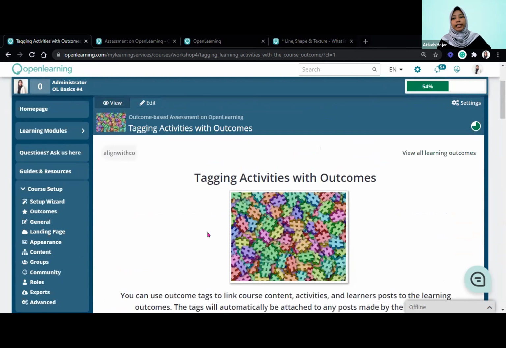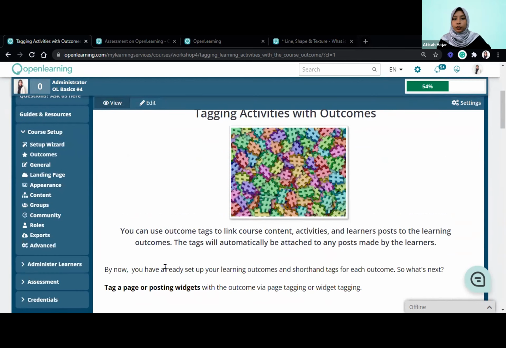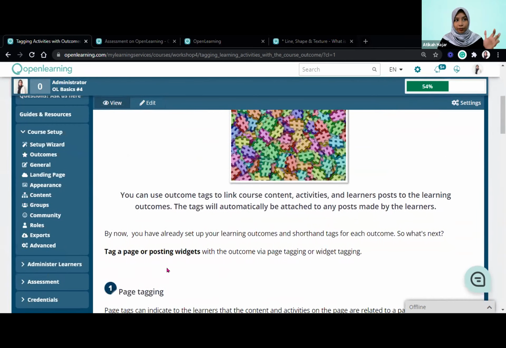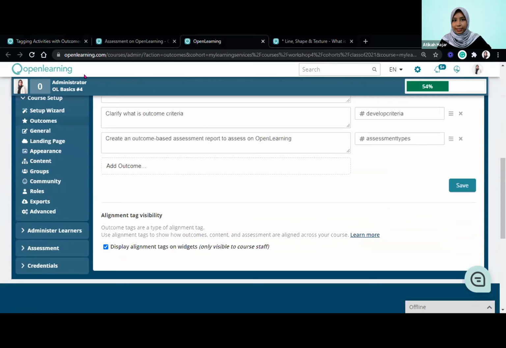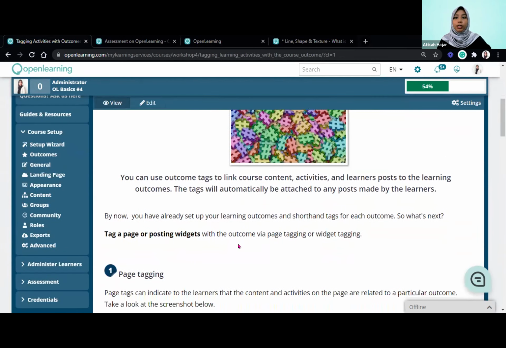Okay, let's go to tagging activities with outcomes. So you can use outcome tags, the ones that you have set up here, to link course contents, activities, and learners' posts to the learning outcomes. The tags will automatically be attached to any post made by the learners. So for those who have joined our workshop before, especially the engaging activities, I think most of you have tagged your activities